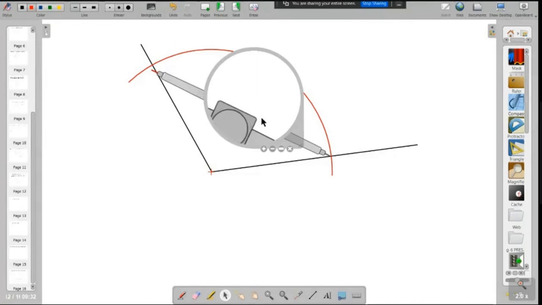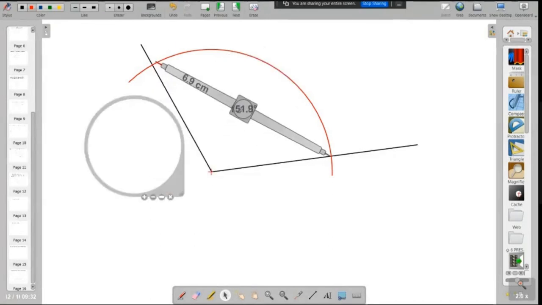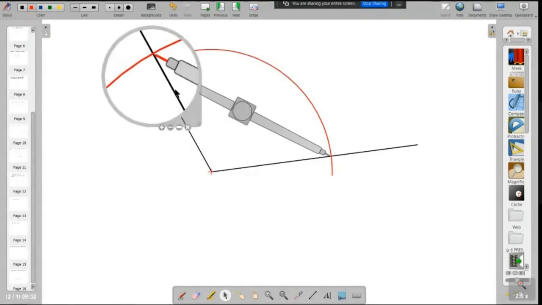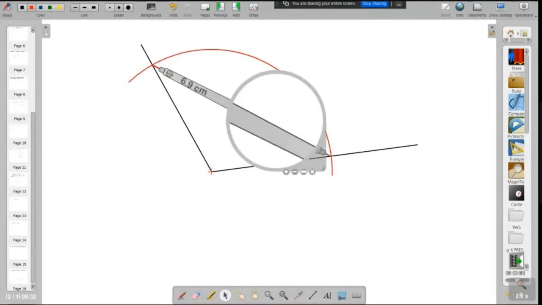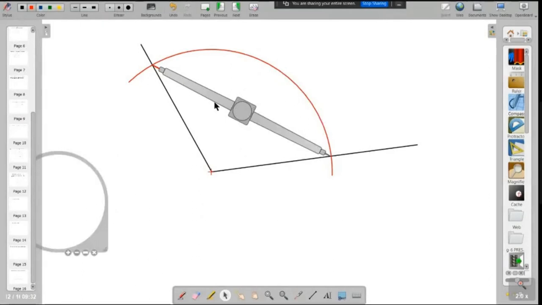Yeah. Let me rotate and see. And now it is still less. It is very, very difficult to set the distance. You can set this distance, or you can also set more than half of the distance.